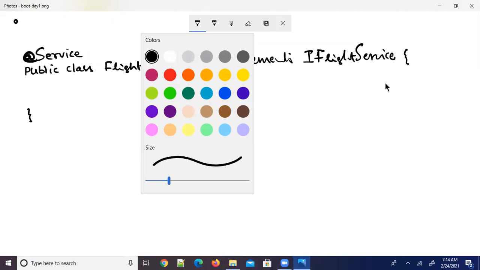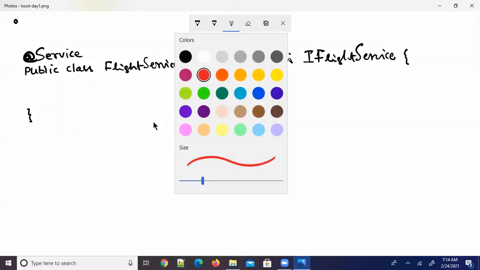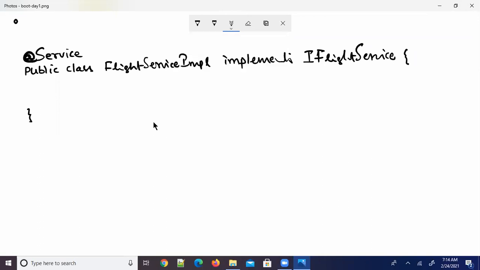Look at my point. Now I would like to write something like this. Just observe: IFlightRepository, otherwise say IFlightDAO, anything. Say for example, the reference is a DAO.